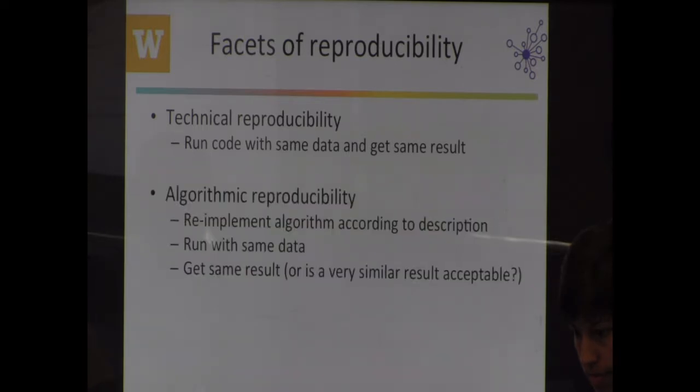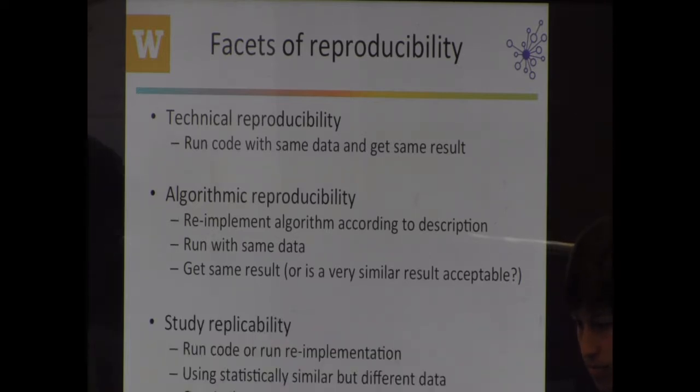In that sense, if you go up one level, how reproducible is the algorithm, right? So if I publish my methods and you get my data and re-implement my algorithm, is it reproducible to whatever degree you consider your epsilon, whatever the convergence criteria are. So this, in a way, reflects how well did you describe your methods for other people, right?